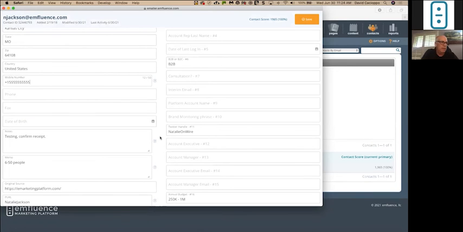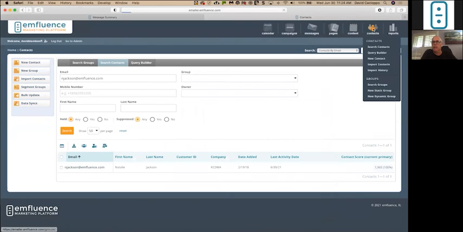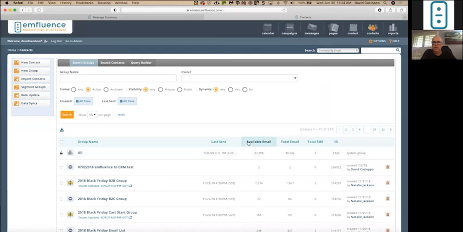So second piece on that, when we go over to our groups, we'll go to our contacts again. We've added some columns. So here we have available email and total email. So this is, again, your total number of email addresses you have in our system minus your held and suppressed contacts. You now have a total SMS value as well. And so that's going to be everyone who has a valid phone number in our system. As we build this out further, we will also have an available SMS number for you as soon as we start to get data back from our partners.